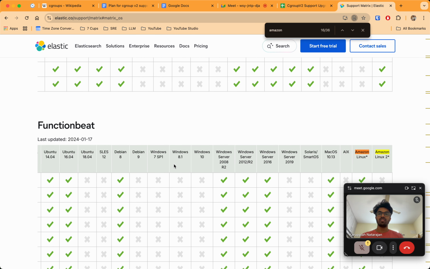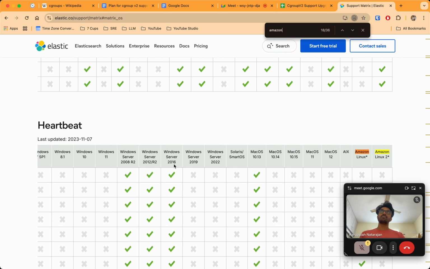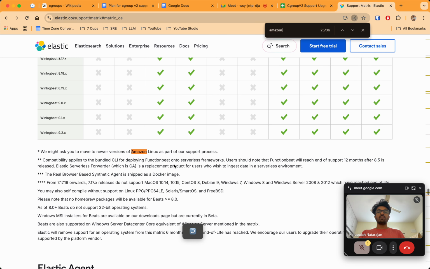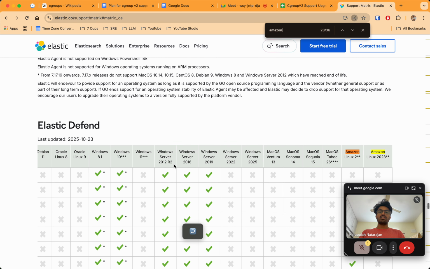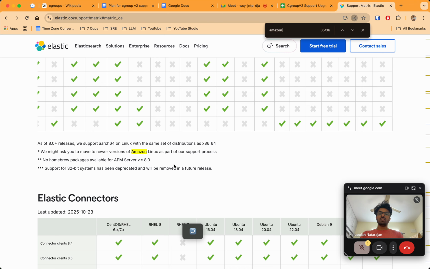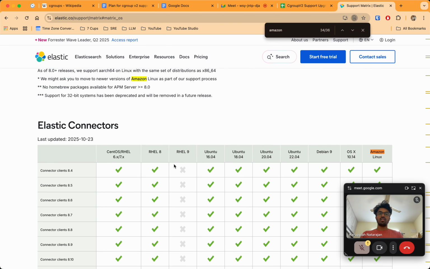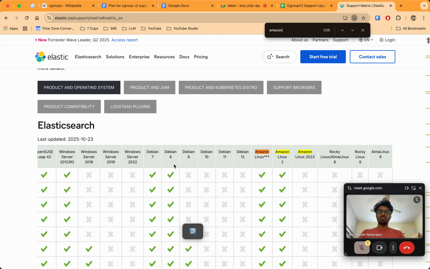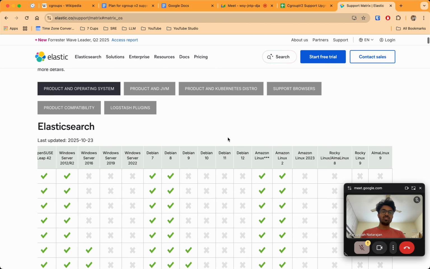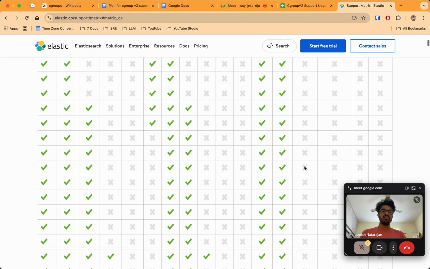So there are different software by Elasticsearch, which is the most popular one, and the open source thing is called OpenSearch, and they have Filebeat, Metricbeat, Beats basically, Elastic Agent, Elastic Defend, Endgame Sensor, APM Server, and then Elastic Connectors, Enterprise Search, App Search. So they have a lot of these. So for Elasticsearch alone, we have to see. So Amazon Linux 2023, if you see,